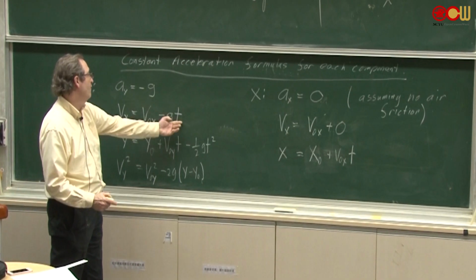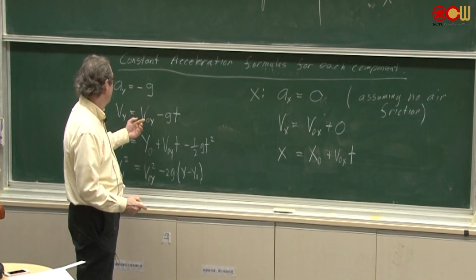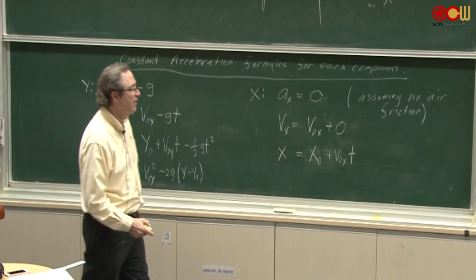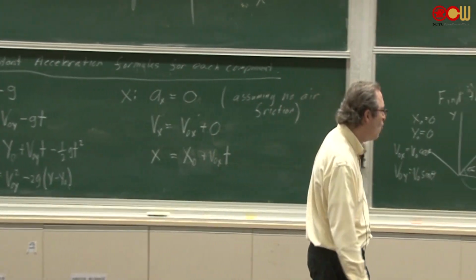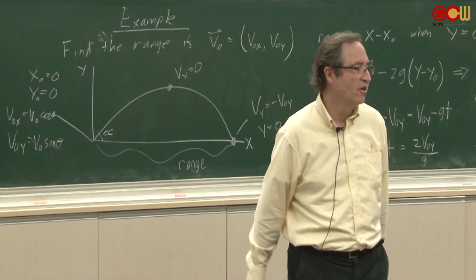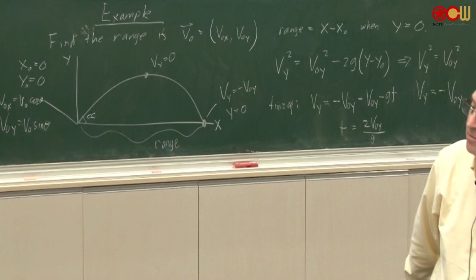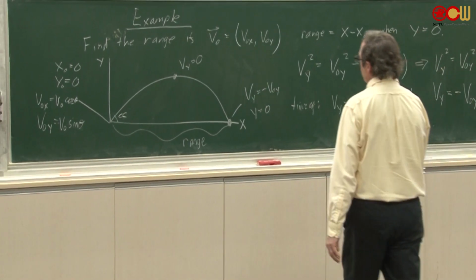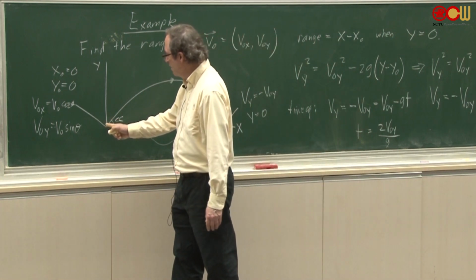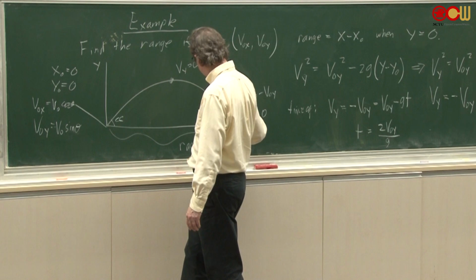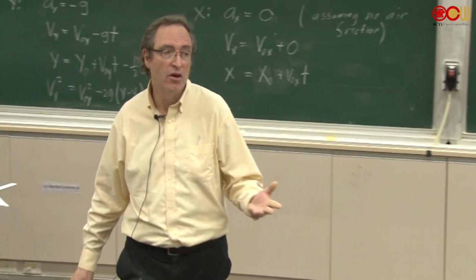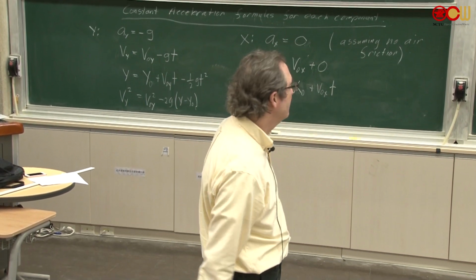You can solve for the time. If I set Vy equals 0, I get that t is V0y over g. And if you remember, we found before, total time was 2V0y over g. So we've already shown that the time up is equal to the time down. And we also showed that the speed over here is the same as the speed there, because the x component doesn't change, and the y component just becomes negative what it was initially.